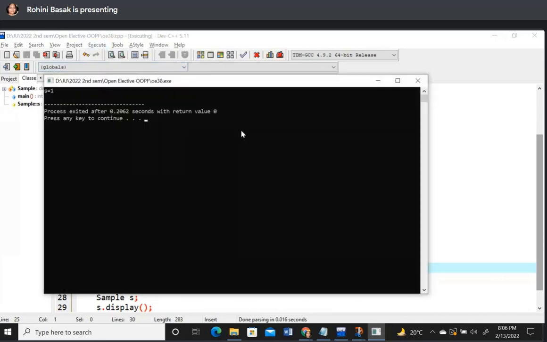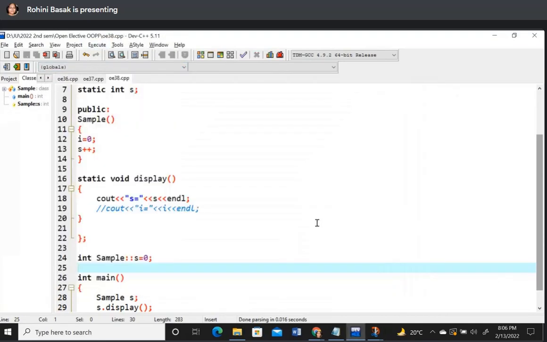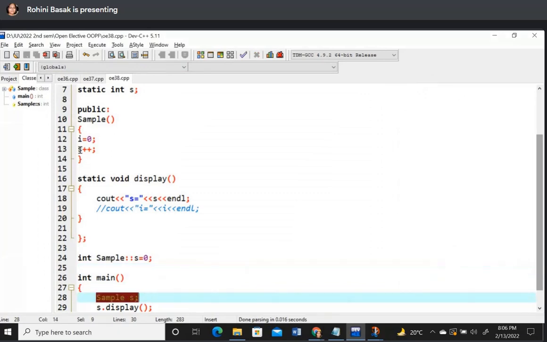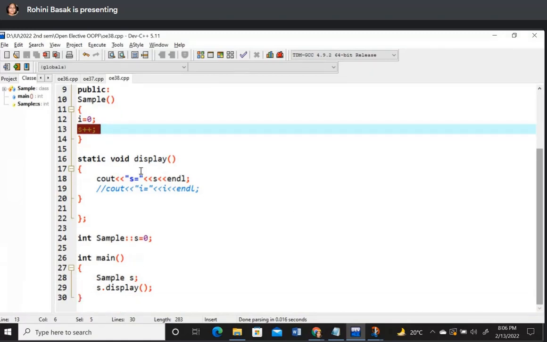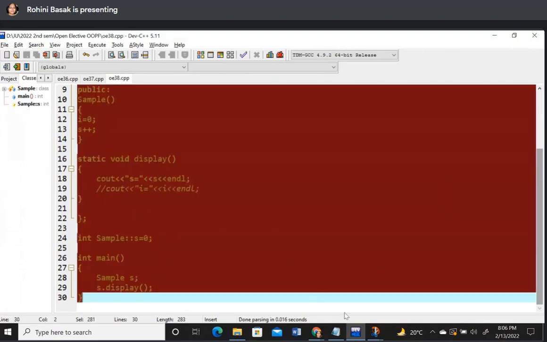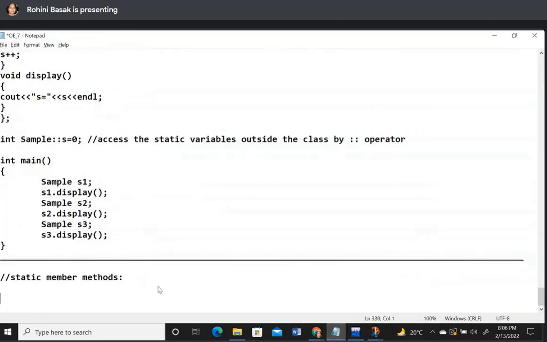এবার দেখি হচ্ছে s is equal to 1. Why? Because as soon as the object is getting created, s is incremented. So s plus plus, s is incremented. Okay, and then we have called the static member method. ওকে, তাহলে এইটাকে আমি কপি করছি, দিয়ে তারপরে পয়েন্টগুলো বলছি।